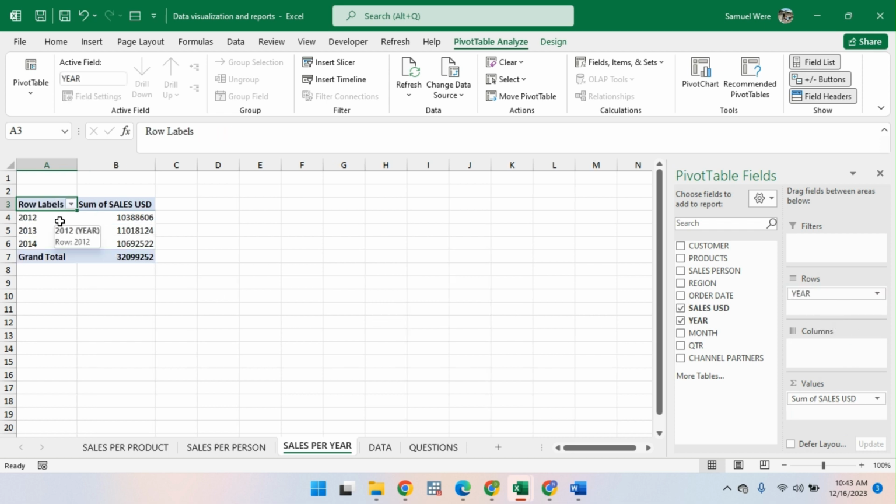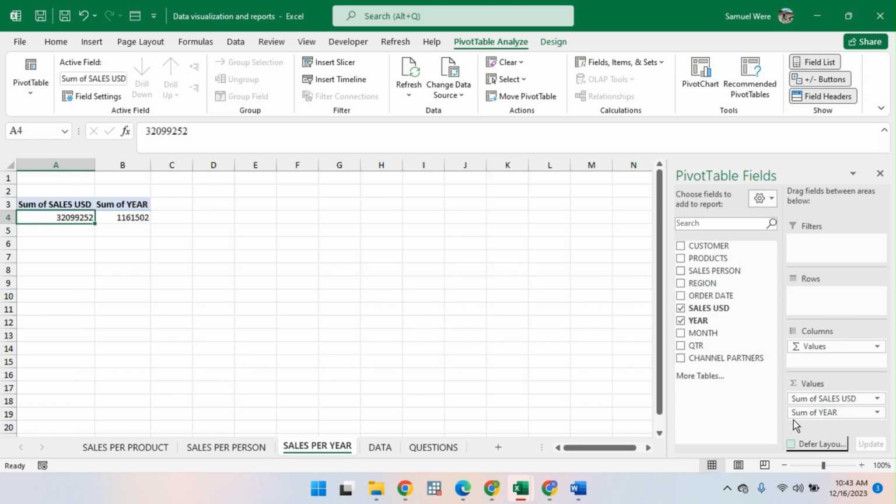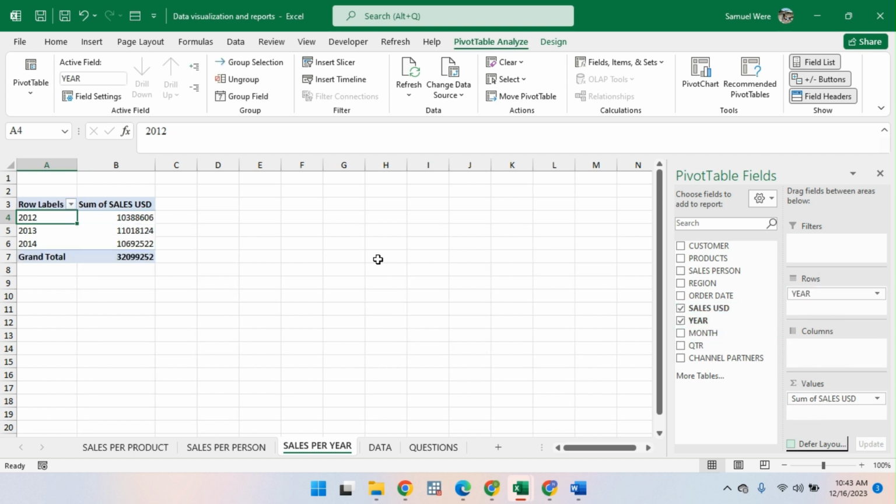As an analyst, you're supposed to know that years are not meant to be added. In this case it's adding all the years that you have, and you're not supposed to add them. So year is separate. That is basically why you're supposed to have it this way. Then